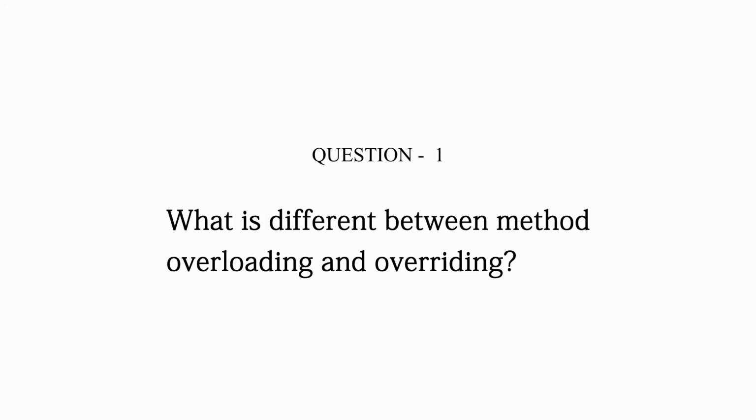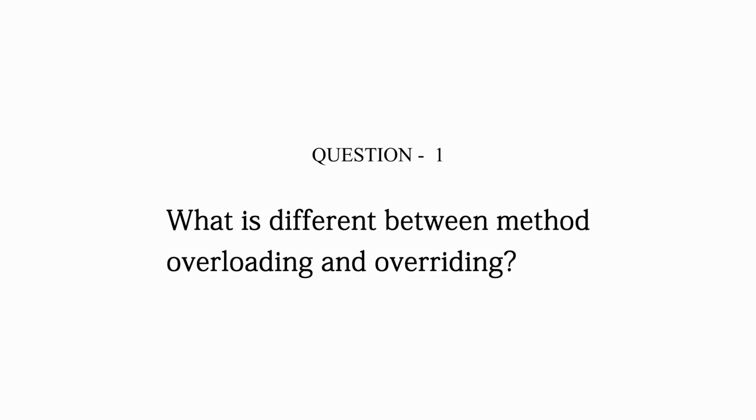And when we talk about method overriding, we come into the parent and child concept, where we have a parent class in which we define a method, and then we define the same method in the child class as well. Here the method signature will also be the same, meaning the name and the number of parameters will both be the same. That is what is called method overriding. That is the difference between overloading and overriding.